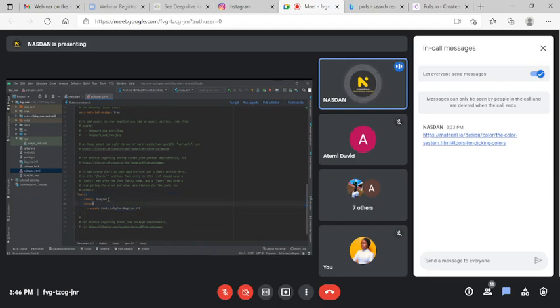Okay, so the font is called Oxygen. And so it is in the fonts / Oxygen regular. Just come and say Oxygen regular .ttf, whatever it is. Then I come back to my